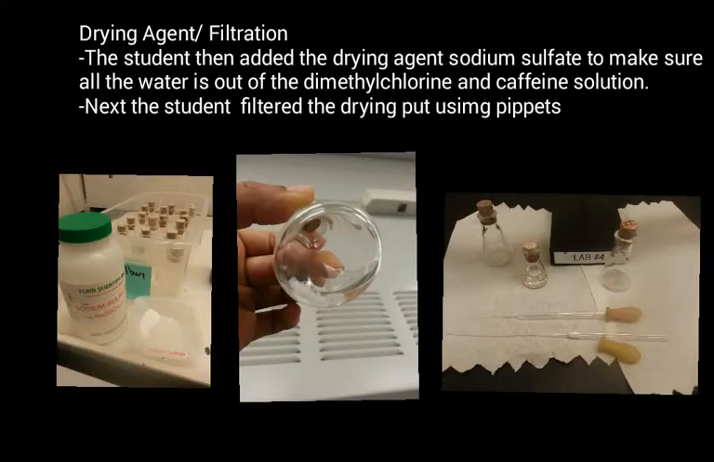The next part of the experiment is using a drying agent. The student added sodium sulfate to the dichloromethane and caffeine mixture. Sodium sulfate is a very polar molecule which bonds with the polar water. This allows the solution to be waterless, or also known as dried. Now here's the sodium sulfate with the